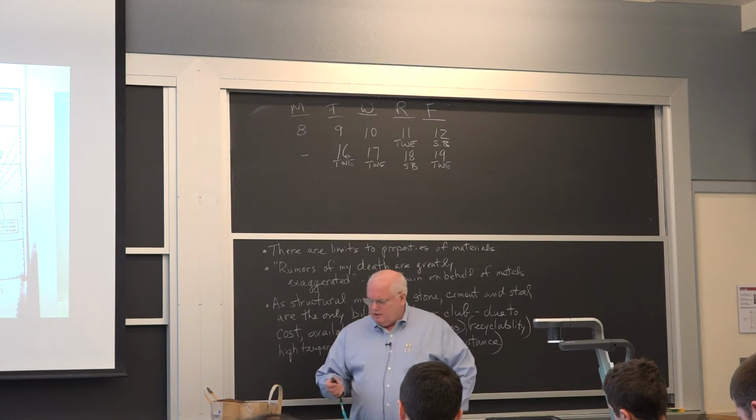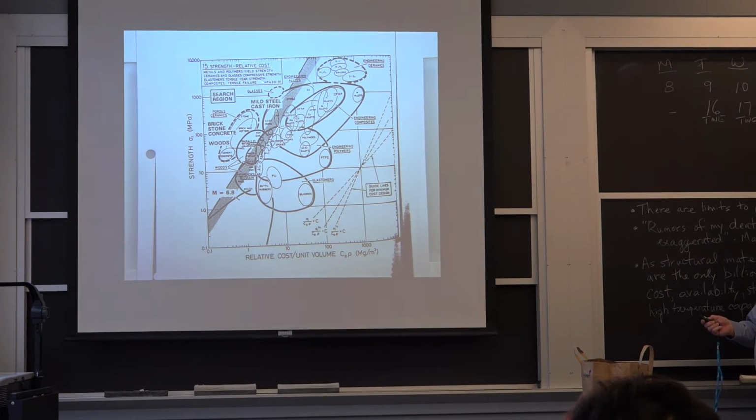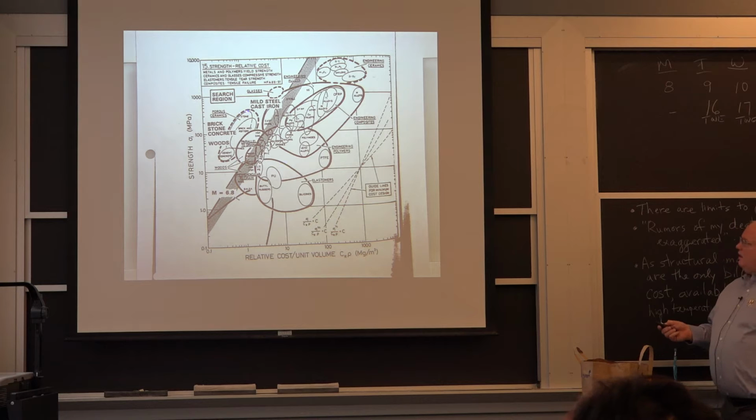If we look at something like strength, which is what we're interested in for structural materials, versus relative cost, and remember, aside from externalities, which is becoming the number one reason for selection of materials in many cases, we've always had availability and cost as two of the issues. So this is Ashby's plot on cost. Again, 5 orders of magnitude. You have to plot it on a log-log scale. But low cost is down this side: brick, stone, concrete, and here's mild steel.